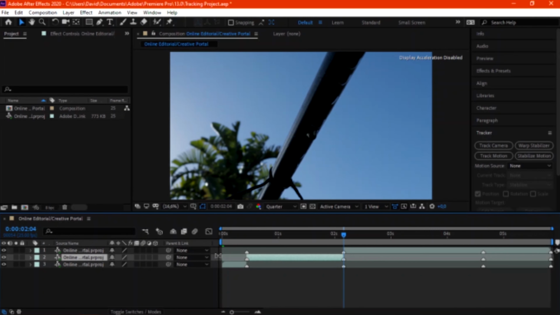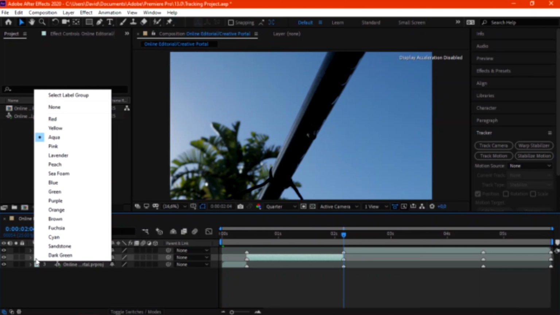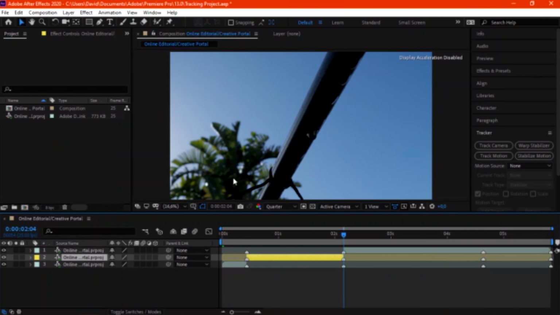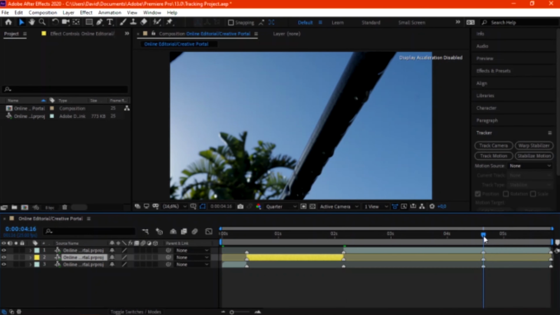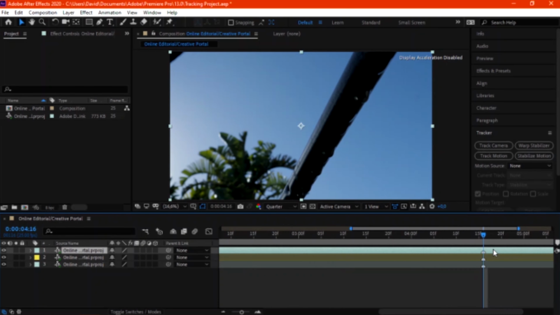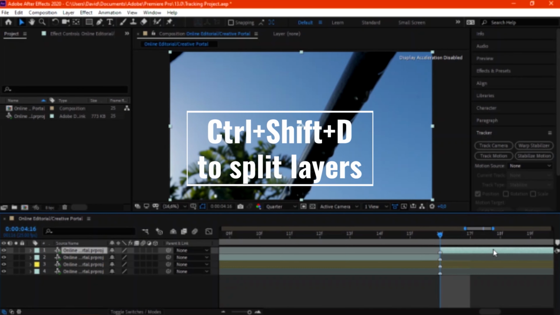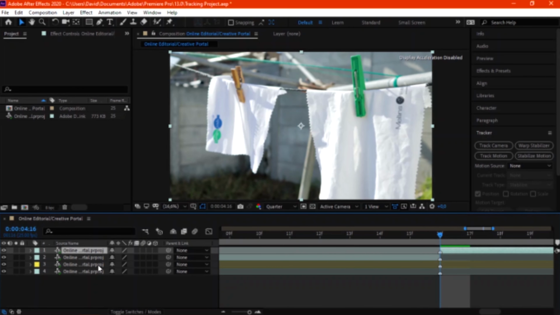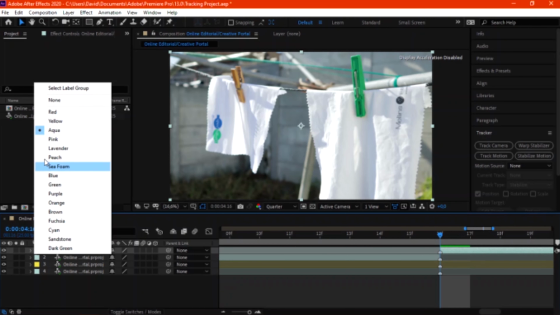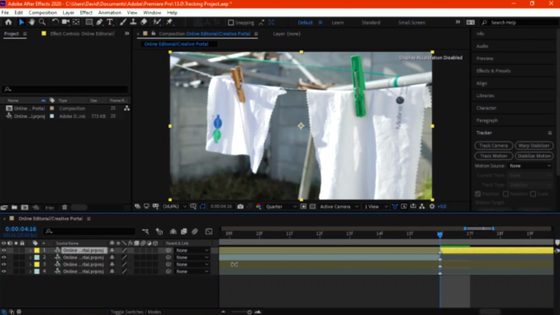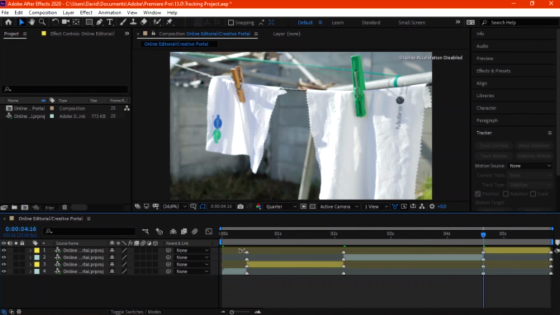Then we can give that specific layer that I want to work on a specific color. In this case, I'll just give it yellow so that I know which specific clip I need to insert text. Same here, I'm just gonna split that using the same technique as I've mentioned before, then give it a different color.